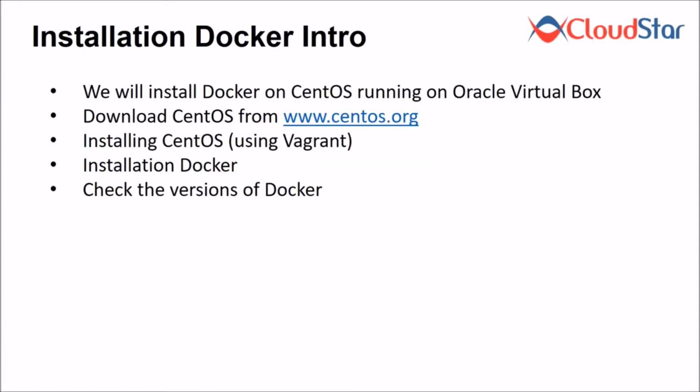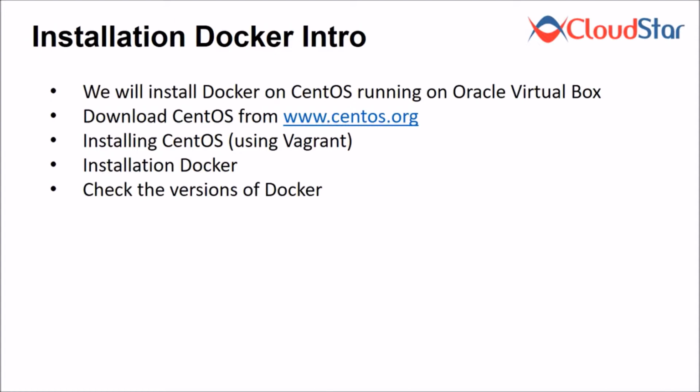So we will install Docker on CentOS running on Oracle VirtualBox, and I will show you where to go and download this CentOS from the web, and then let us install CentOS using Vagrant. I'm not going to download it and I'm not going to install because that will take time. In the interest of time, I would like to just use the existing instance of CentOS, and I'll show you how to install Docker. And then, as I already mentioned, we will check the versions, and then if time permits, we will compare the versions between Docker on Ubuntu and